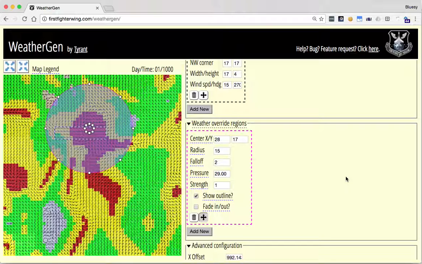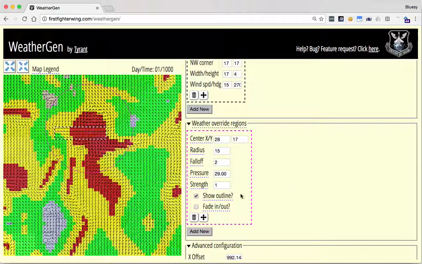You don't really want to have sunny weather directly next to inclement weather in BMS. The weather engine isn't really designed to handle that. So that's what that area between the two circles is meant to be, an area where we gradually blend into the surrounding generated weather. Okay, so there's another thing we can do here, aside from set the size and location,